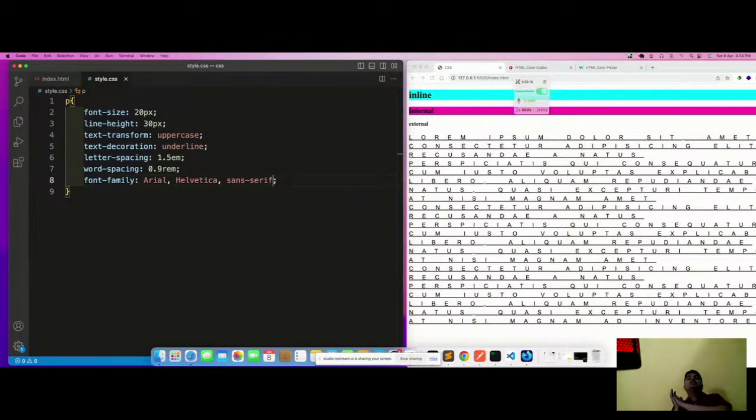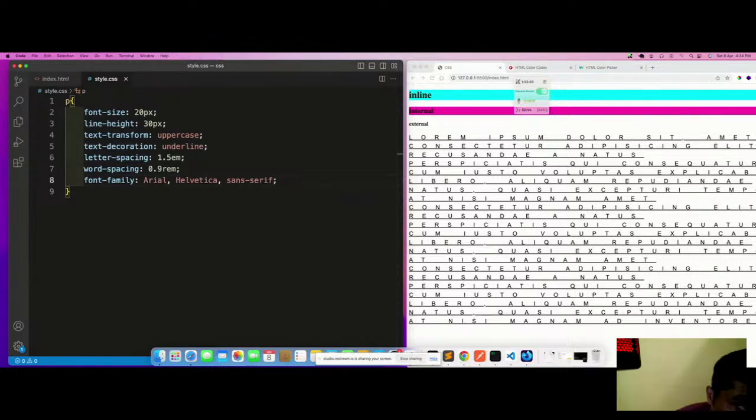So let us discuss all these basic properties one by one. First one is the font size. What is font size? You all know font size. I don't need to tell you now because I guess you are all using an Android device. You all worked on Excel, Word, Office. So you all know what font size is.